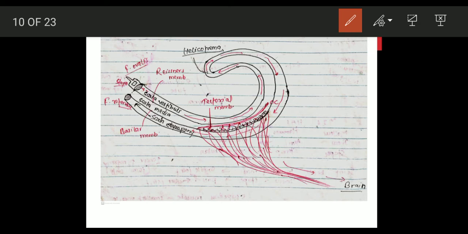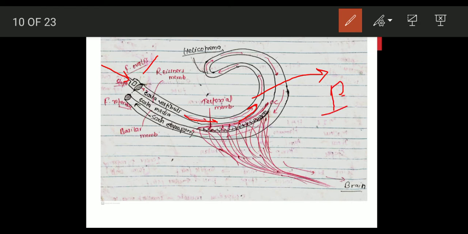The sound vibration from here enters the scala vestibuli first, through the fenestra ovalis, the oval window actually, remember. From here the vibrations are passed to the perilymph, the fluid filling the scala vestibuli.